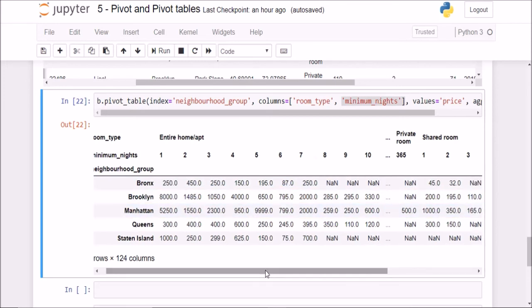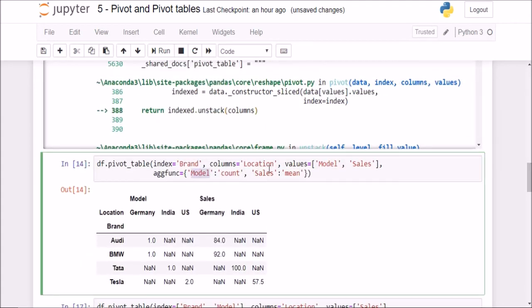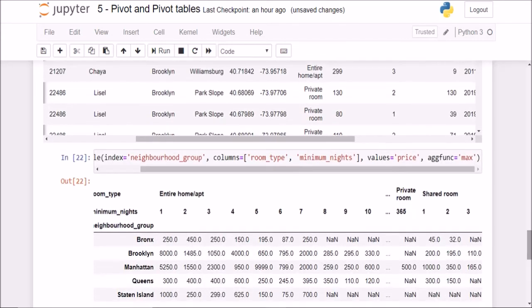So you can see the way in which we can manipulate this pivot table, and pivot is endless. We can have any number of indexes here, any number of columns here, any number of values here, and any number of aggregation functions here, as we saw in this example when we gave different aggregation functions for different value columns here, right? So it is your decision what you want in the output data frame and how you want to analyze your data. So this pivot table and pivot are very powerful in their own regard.